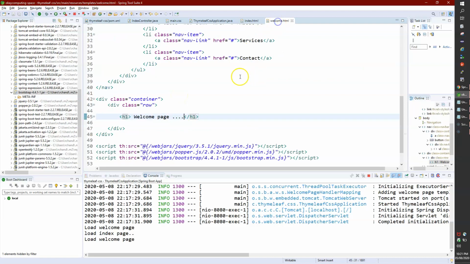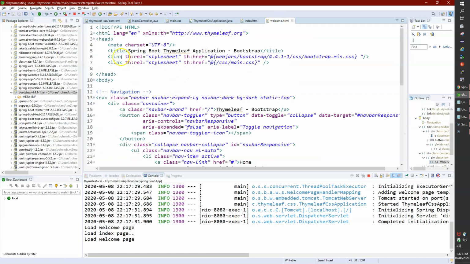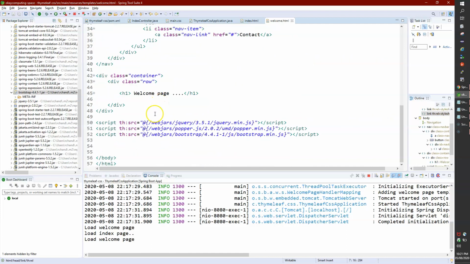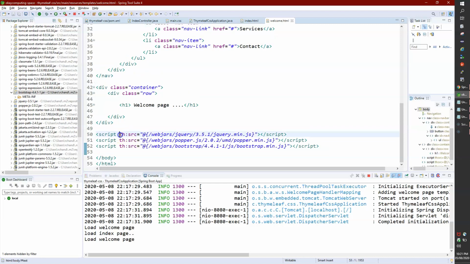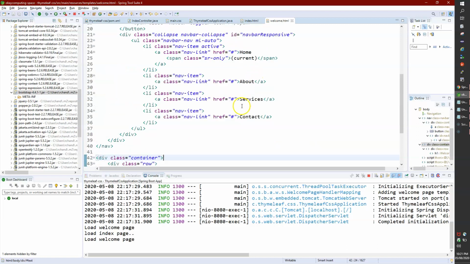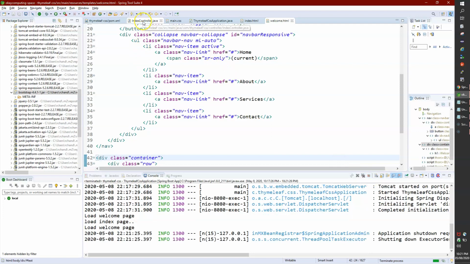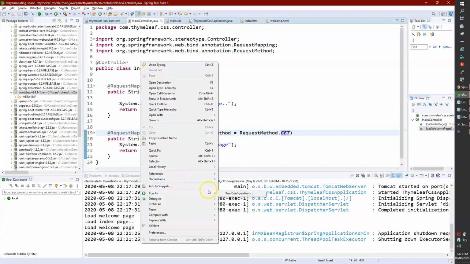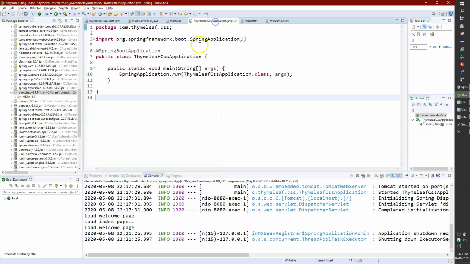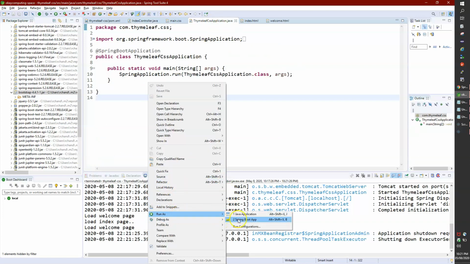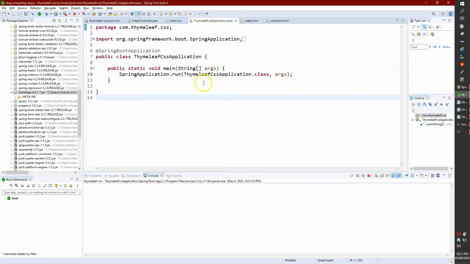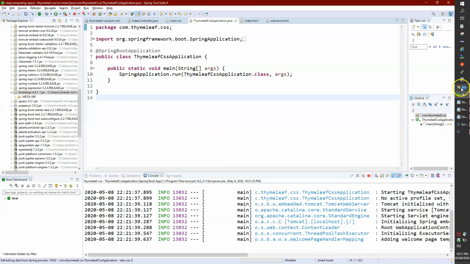Or you can make use of WebJar, as you can see here, this is how we use it. You can make use of Thymeleaf tags to add CSS and JS files in your HTML page. If you see this th:src is a Thymeleaf tag. So wherever you see th: something, it means that we are using Thymeleaf attributes or Thymeleaf tags. I'll quickly start this application. I just want to show you that yes, we have some data on the welcome page, and then we are almost done with this video.